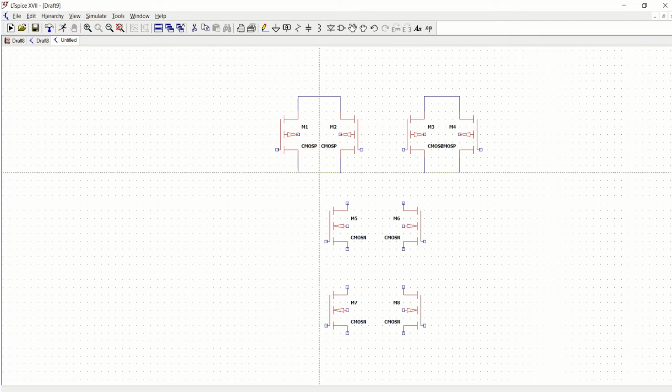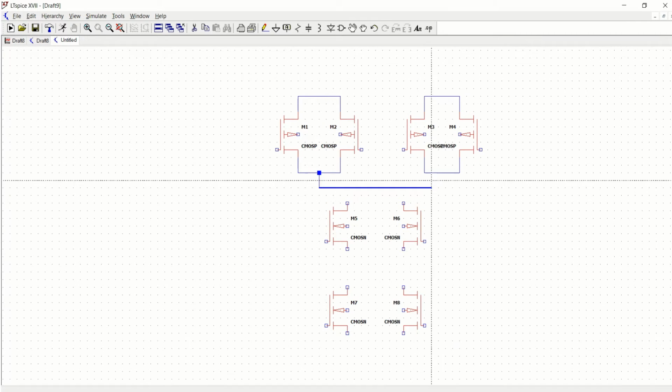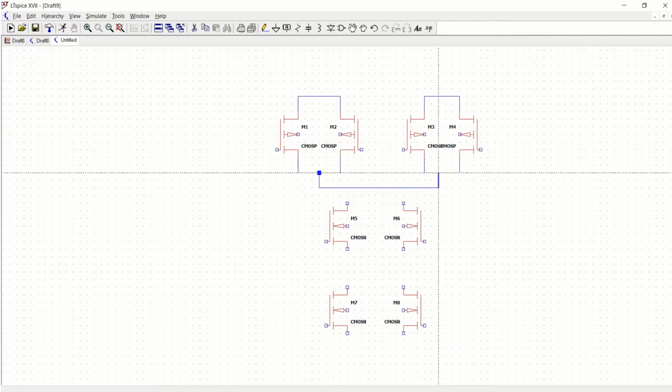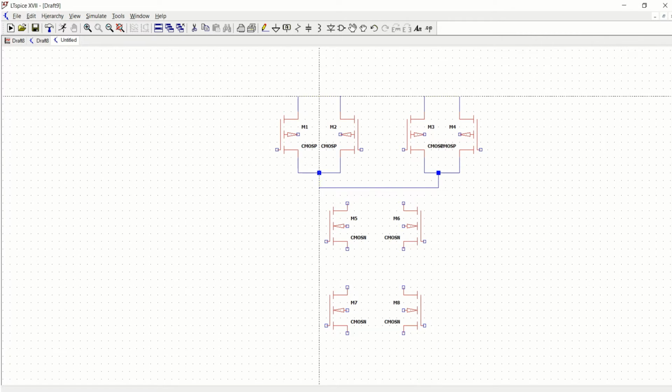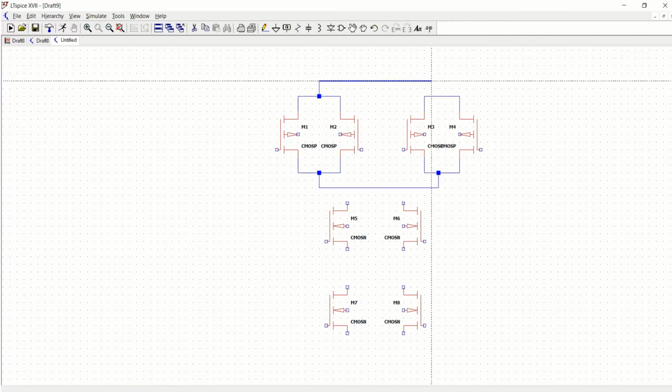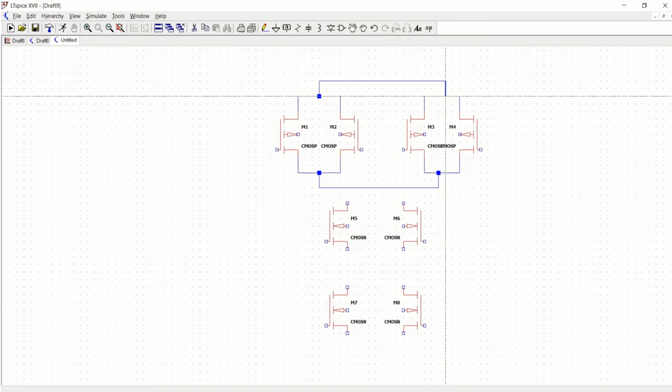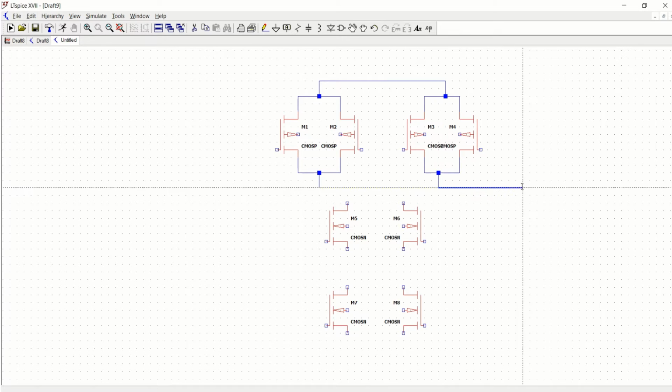You can connect these two so that they can form the pull-up network. And these two are connected as source, as the VDD. And here you can take the output.